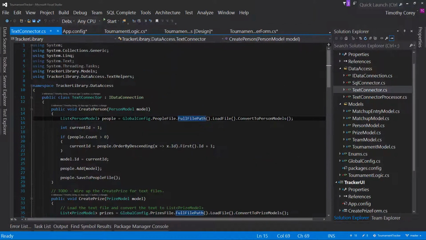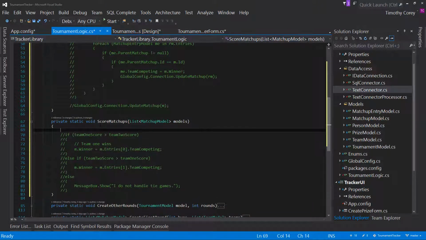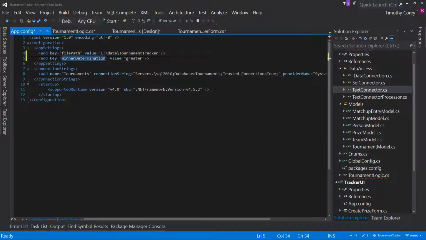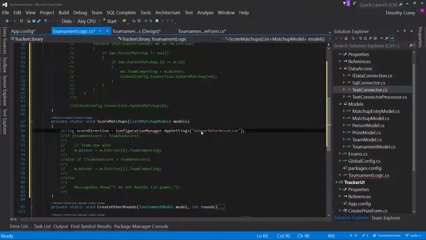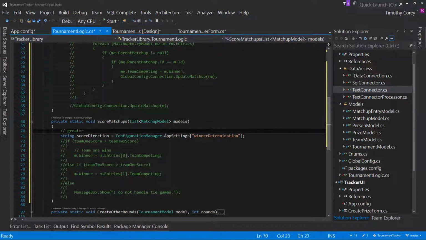So we can take this code, come back over here, and say string score direction equals, but instead of the file path, we want to pull in the winner determination. It can't find a configuration manager, so I hit Control dot, add the using statement, and now we're good to go. And so the values here should be greater